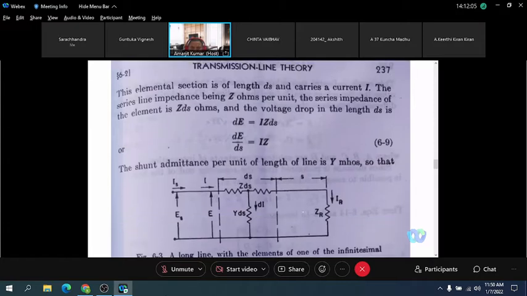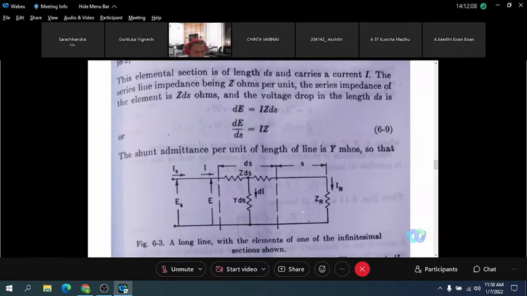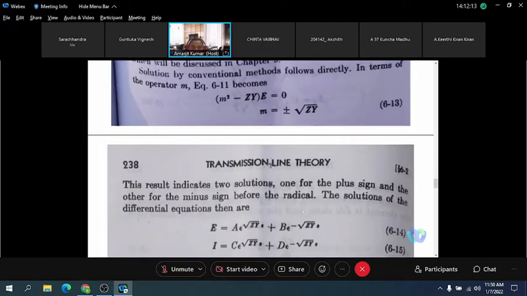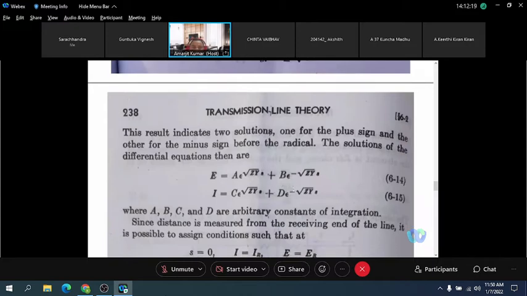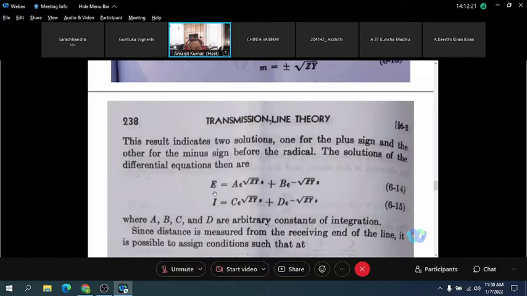We substitute that IR and ER there, sir. Where? Previous equations. Good. So basically you differentiate this one, these two previous equations you differentiate. So dE by ds, what will be dE by ds? Y into Z, Y, Z. I guess this we have done already, sir. Have you done it?